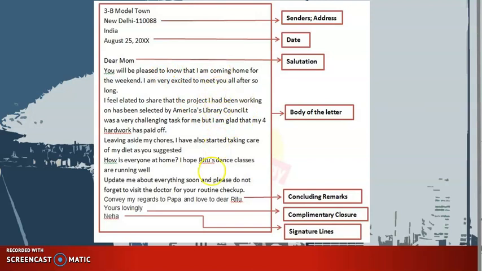Organize the rest of your letter into paragraphs. In general, you should begin a new paragraph every time you change topics, but this may not be necessary in short letters. Here is the body of the letter. According to the number of ideas that you have to convey, you can divide it according to the paragraphs. Then we have a concluding remark,